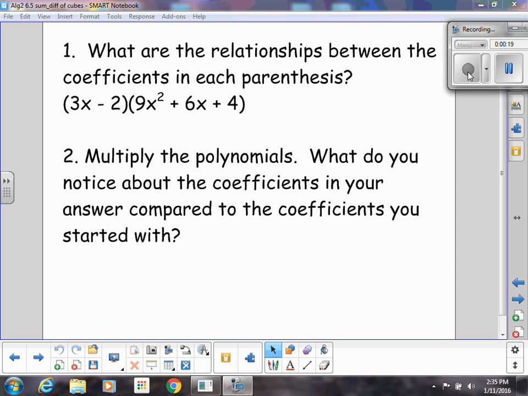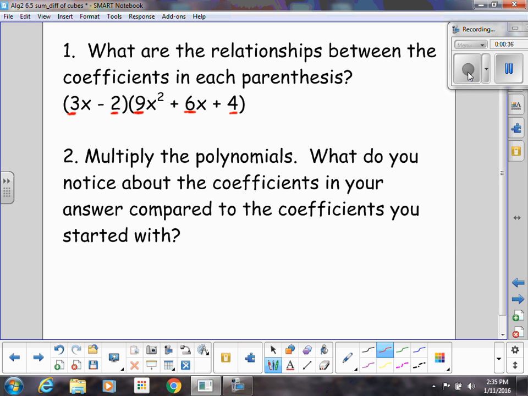Okay, so the first question we're going to think about is, what are the relationships between the coefficients in each parenthesis? Remember, coefficients are the numbers in front of the variables. So I want you to look at 3 and 2 and 9, 6, and 4. Are there any relationships between 3 and any of those or 2 and any of those? So think about that. At this time, maybe pause the video, write down that question, or you have it written down, but think about the answer to that question. Okay, so